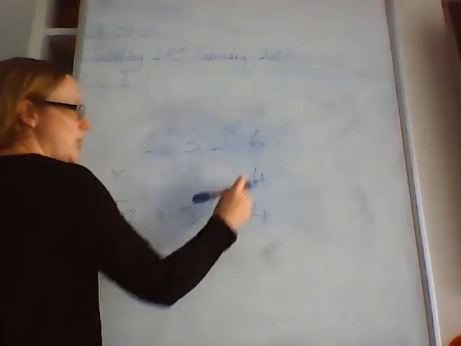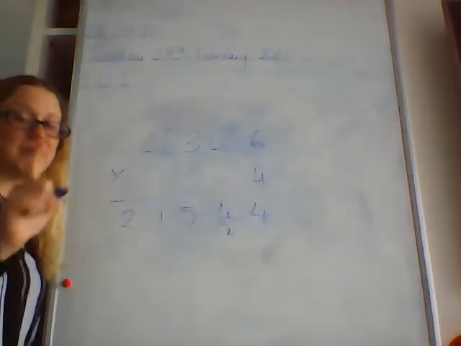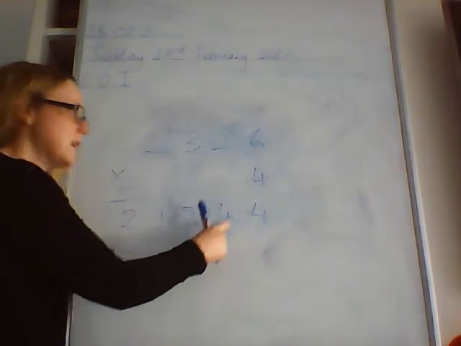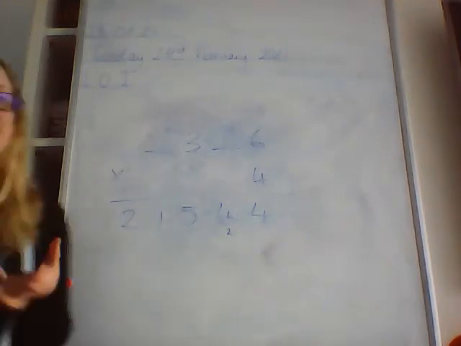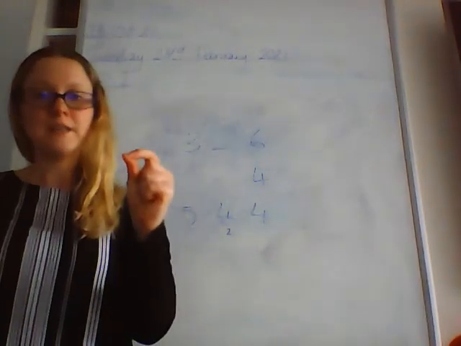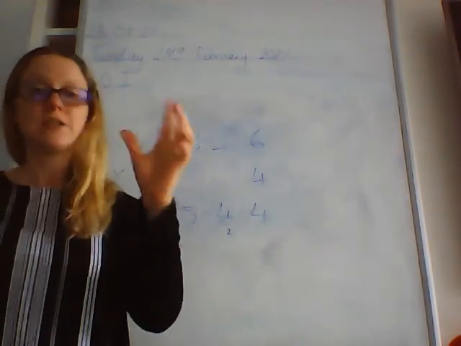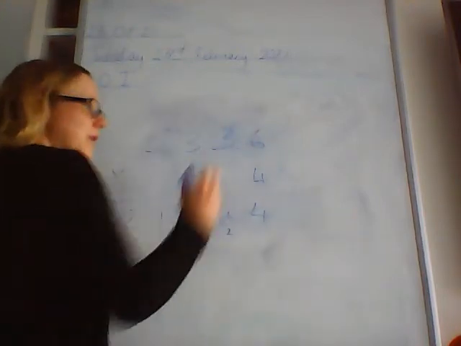I've carried a 2. 4 times something is 4, but it's not, is it? I've carried this 2, so I need to remove it. So I'm saying 4 times something is 2. Now here we've got a couple of options, because 4 times 3 could be 12, or 4 times 8 could be 32. I'm going to start by 3, but here we're going to have to do a little bit of